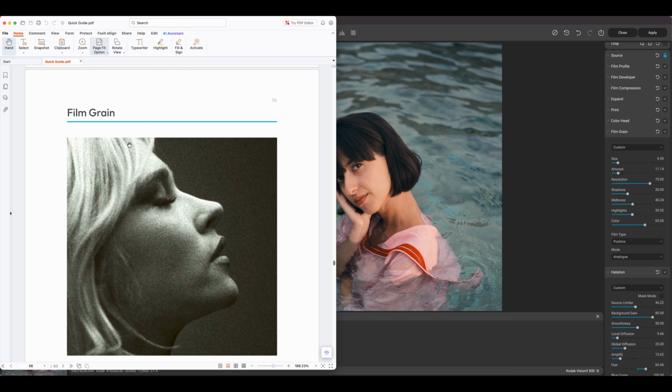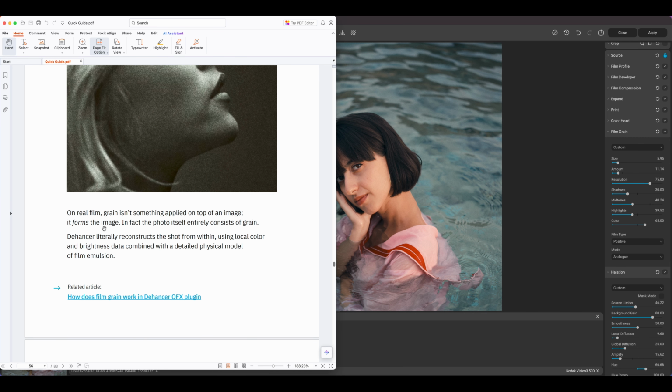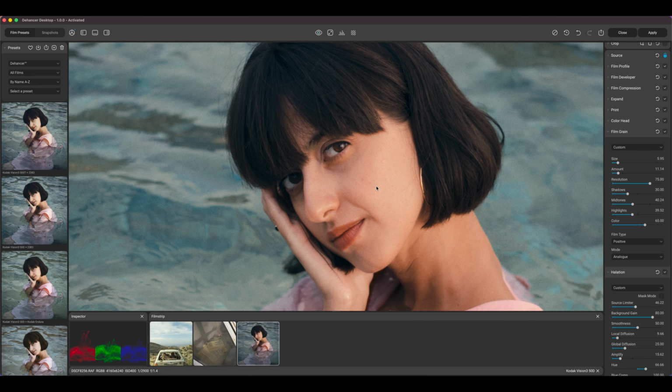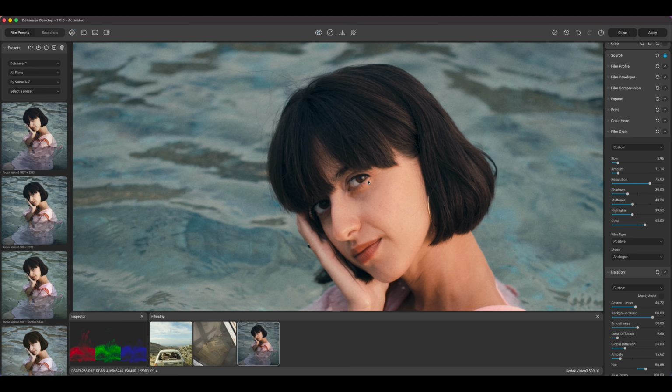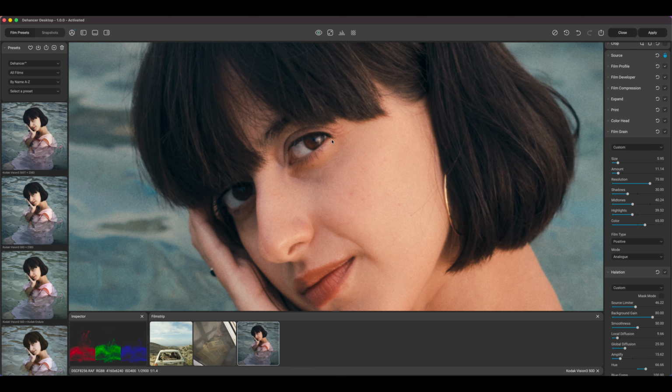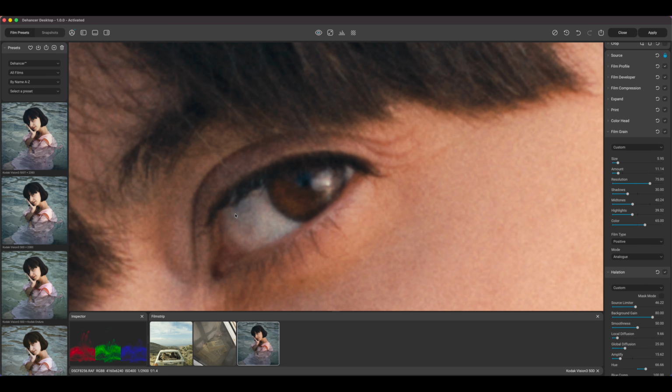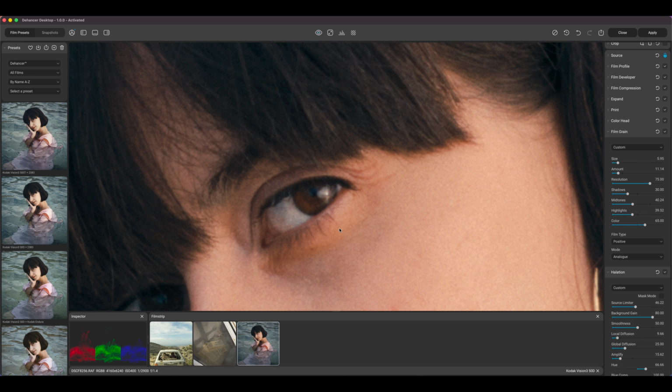Film grain. If you look in the film guide at the film grain chapter, you will see information here. It says Dehancer literally reconstructs the shot from within using local color and brightness data combined with a detailed physical model of film emulation. So basically, the film grain reconstructs the entire image. It's not just a grain layer that's put over your image. This is very interesting, and you will see that the aspect of the film grain changes as you modify colors. It basically demonstrates that,